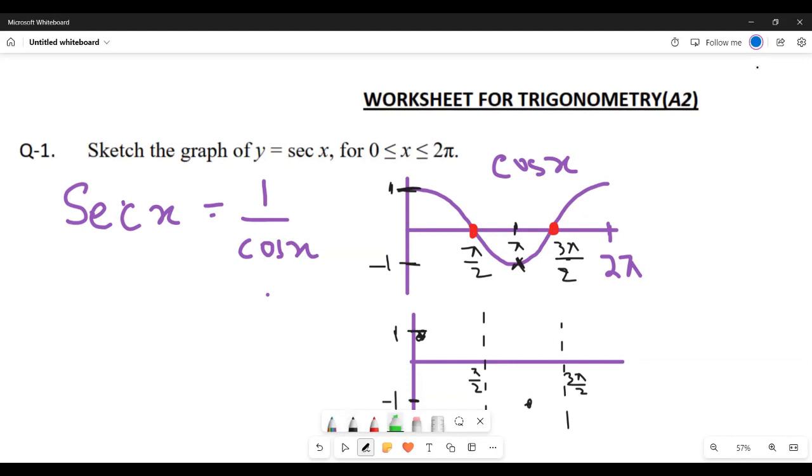Now this is going towards 0, and this part of the curve is positive. So we'll make a positive curve that goes towards infinity now. Don't let it touch the asymptote. Okay. And for the negative part, similarly,